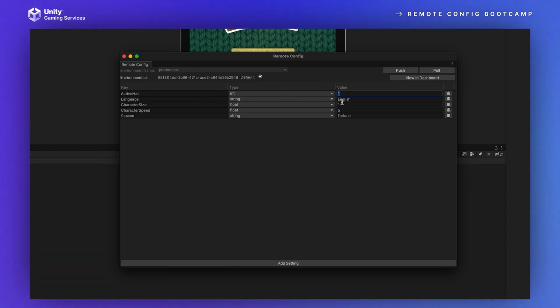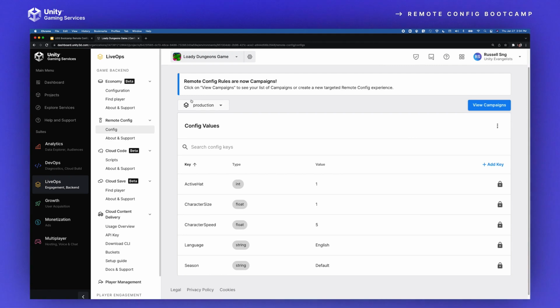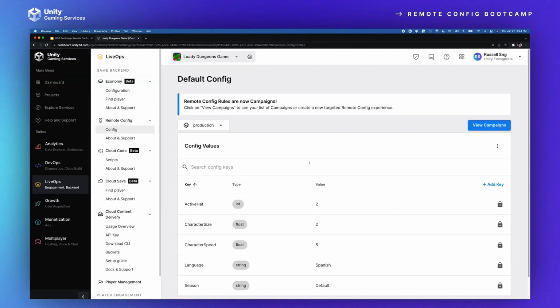And if I were to change these settings to 2 and this to Spanish, as well as the character size to be bigger, and push those settings from the Unity UI, you will see that on the dashboard, if I reload the page, you'll see that these values have changed accordingly. And then if I go back to Unity now,